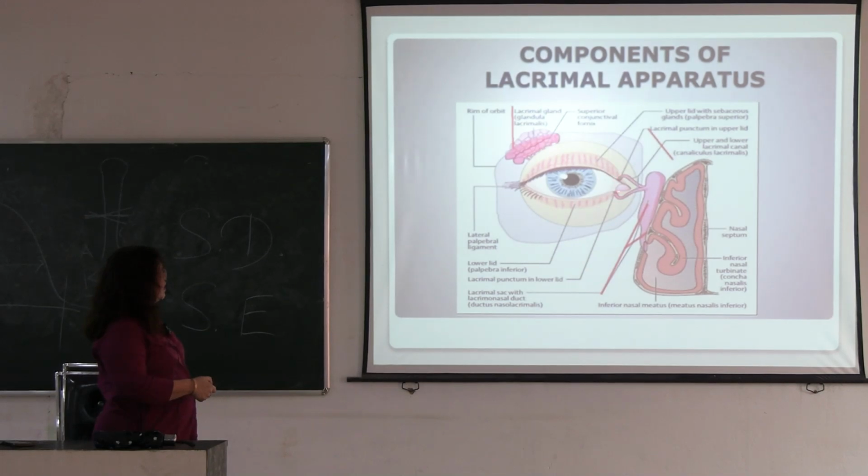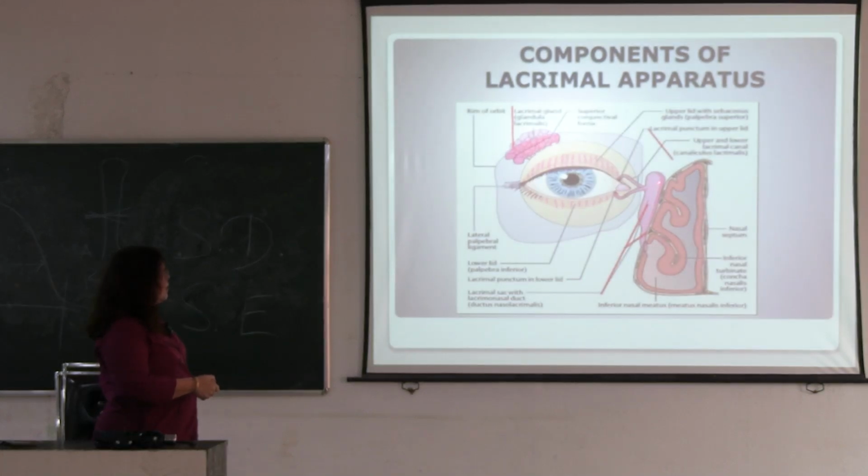this is the upper puncta, this is the lower puncta, and this is the superior canaliculus. It has two parts, vertical part and horizontal part. At the horizontal part, there is a maximum of 90 degree angle, then it may join, both canaliculi or separately open into the lacrimal sac.